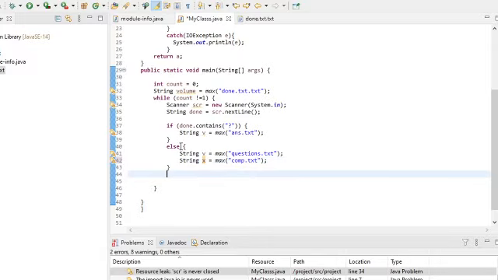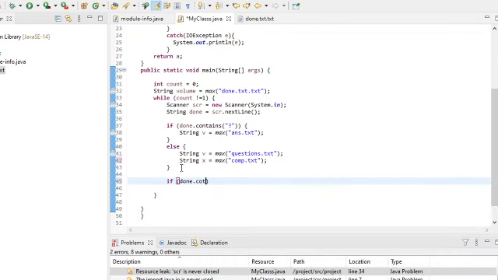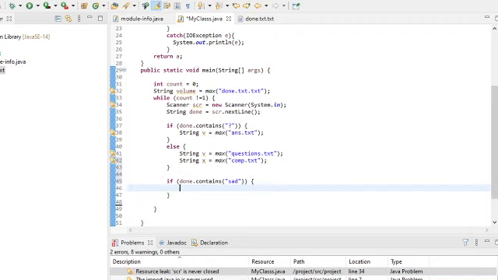So something else that you can do with this is say if done.contains, I'm pretty sure contains something like sad or something like, oh wait, nope, it's meant to be a this. That always confuses me.